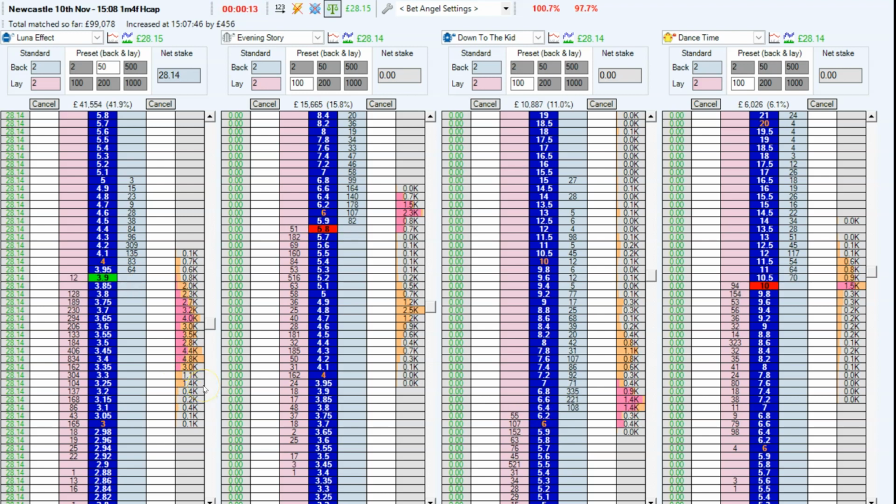Right? I never know what's going to happen, but I'm trading on what's the most likely thing to happen. Okay. And with the second favorite drifting, and with the third favorite coming in as well, I knew that that was the most likely outcome. Okay, so anyway, a quick and simple trade,